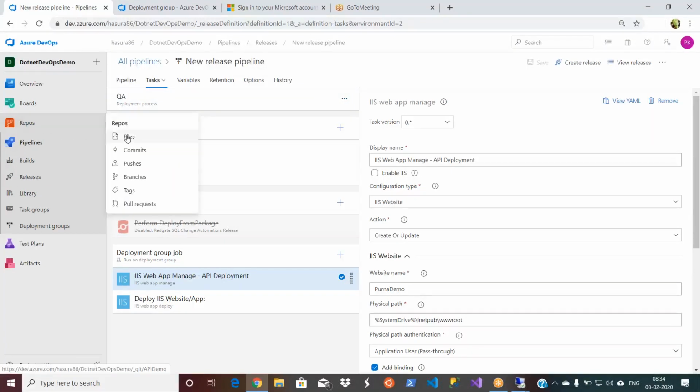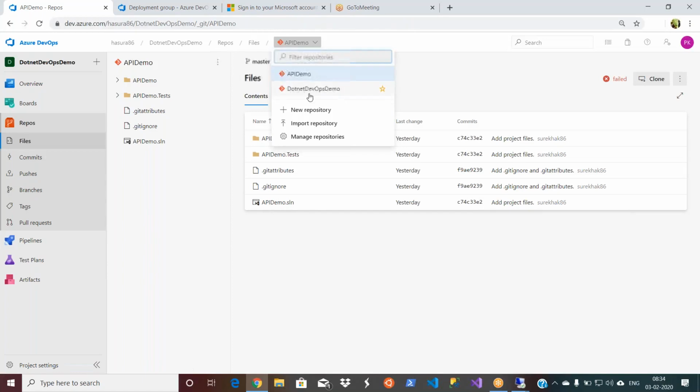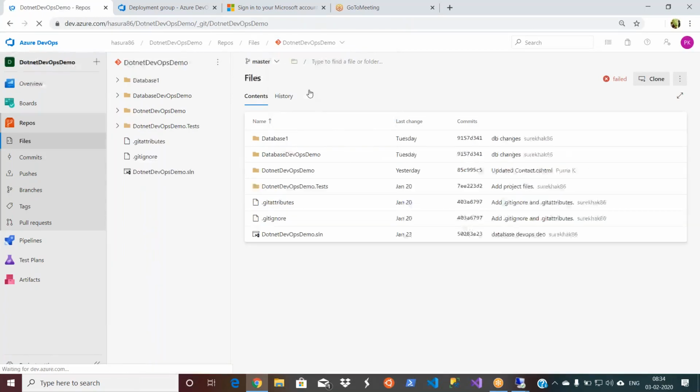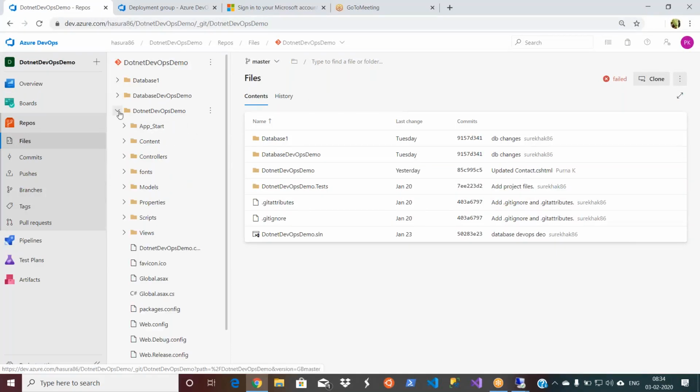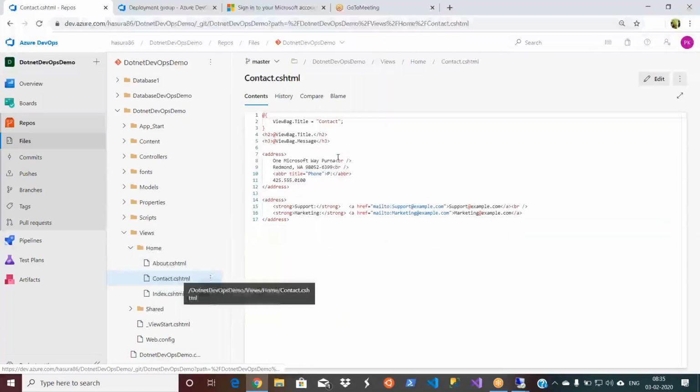Now let's go to our repos. Let me make some small change in the UI so that we will understand. So let's go to our .NET DevOps demo. Under .NET DevOps demo, we can make UI changes under views. Let me go to the About.cshtml. I'll make a change anywhere here.